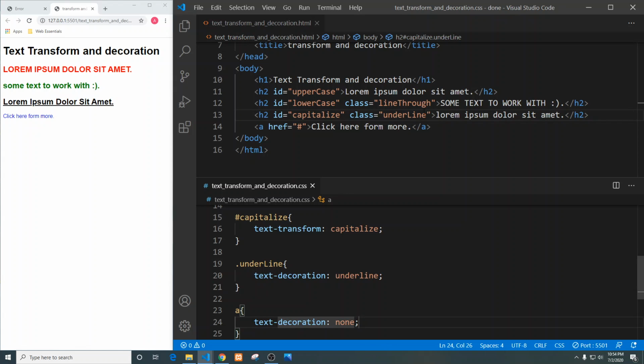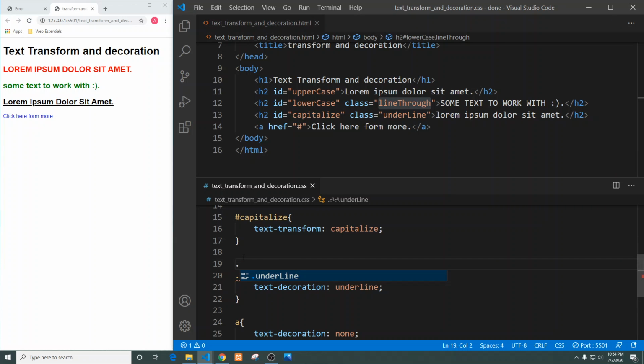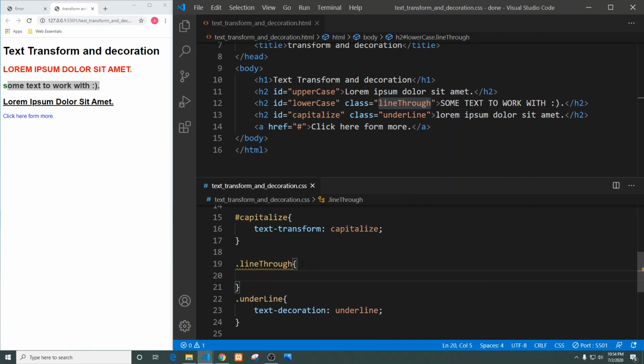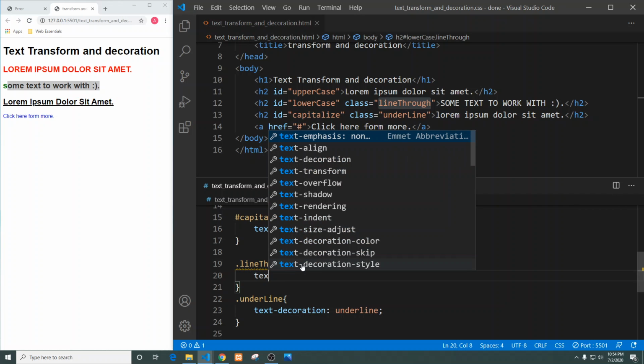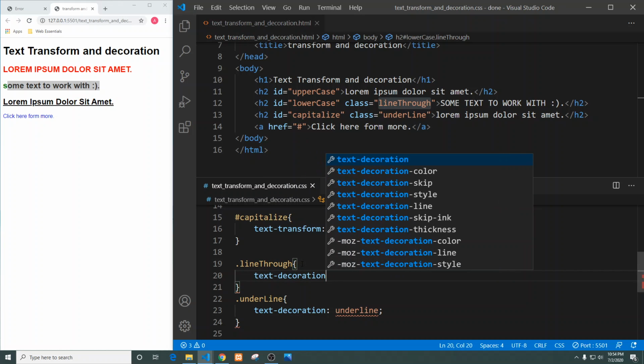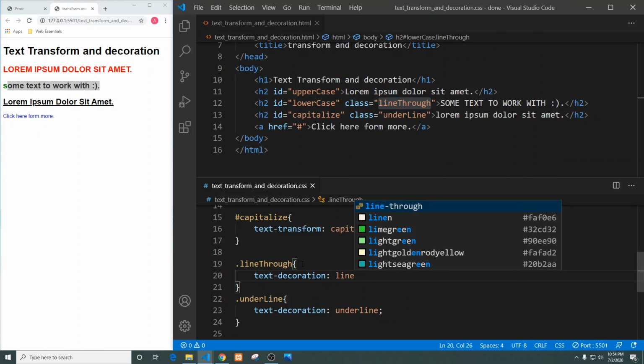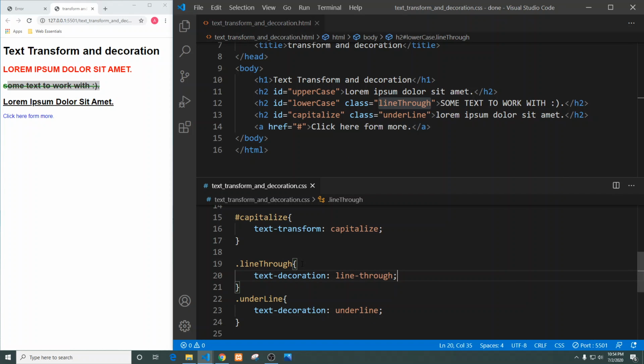All right, and last but not least, let's work with the actual line through. Let me place it up here just to kind of keep it in order. So we're dealing with line through, where it says some text to work with the actual happy face that has not appeared in there. So let's go on ahead and work on that. And what do we add in there? We are going to place an actual line through. So text decoration line through. And there we now have a line through the actual text,